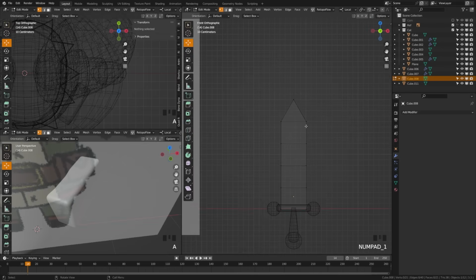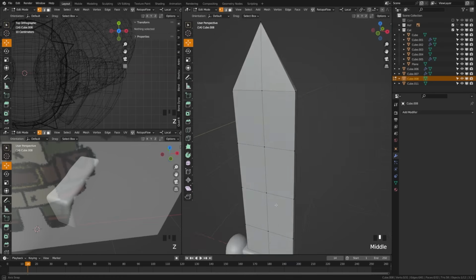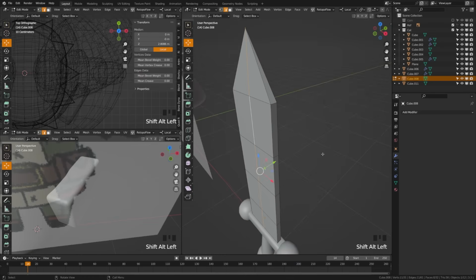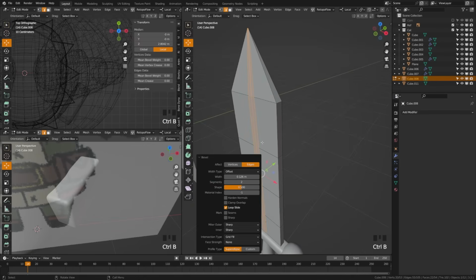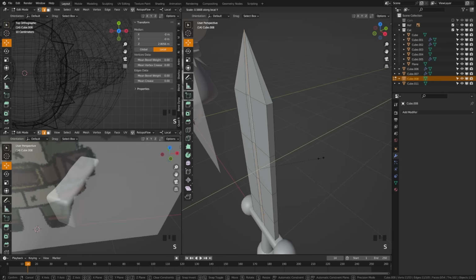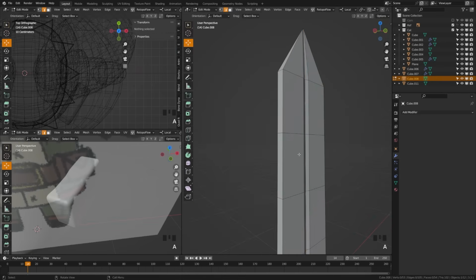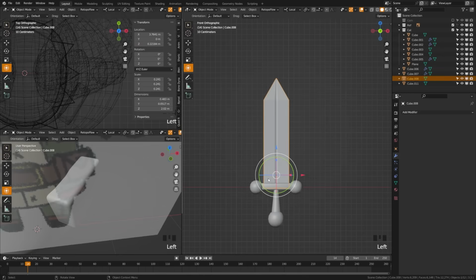Now we're going to use the knife tool. So you can press K for the knife tool or select it on the left side. Select that top vert, and we're going to drag it down the center. And now if you hit C and A, that'll cut through and also snap it to an angle. So now you can see that I have that line on both sides. So Alt click that line, which will grab the entire edge loop there. Hit Control B and make sure you have one subdivision by using the mouse wheel. Then Alt click that one and then scale in on Y. And you can see that now we have an indent on our sword, kind of giving it that traditional medieval